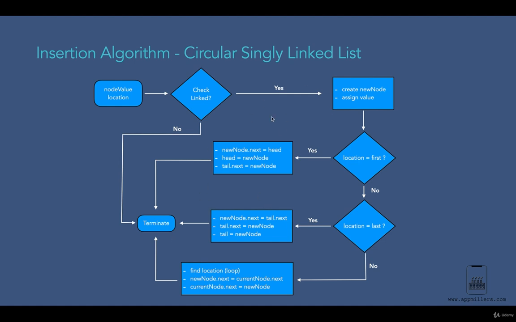So basically this is how the algorithm of insertion in circle single linked list looks like. Here we have combined all 3 cases together and we have created an algorithm like this. Based on this algorithm, we are going to create a method for inserting a node in circle single linked list, and this method will combine all these 3 cases. The reason that I have created this algorithm is that it makes our life easier to implement a method for inserting a node in circle single linked list.